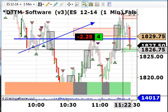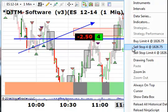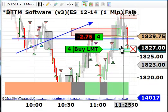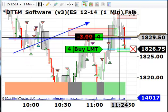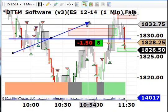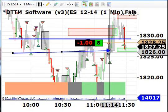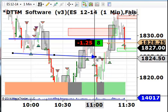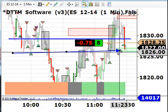is good, and we want to go ahead and put in a limit order to buy, which we have done just above that blue line, which is the support, but also, okay, we just got filled on that, also at the low of this high velocity move, where we are expecting to have some level of support. And so, we're in the trade now,